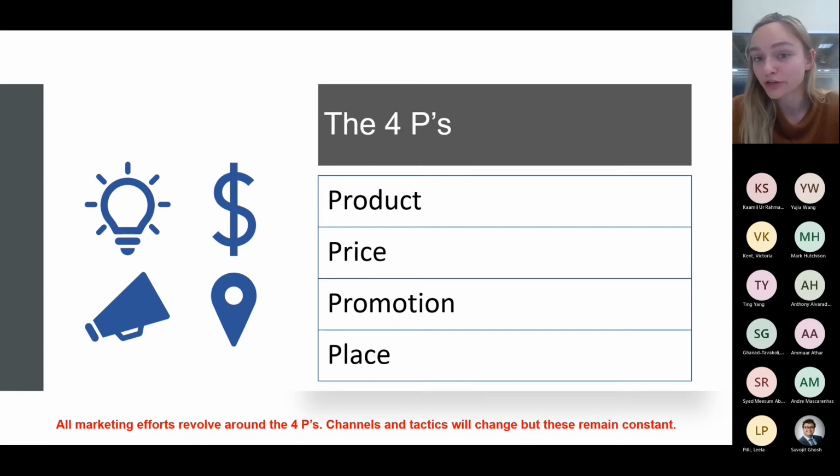Next is the promotion of your product. So this is where you get into what channels are being used to promote the product. So are you going with a completely digital strategy? Are you using some more traditional print channels? That's something that you have to decide, and I'll go into a little bit more about that in a second. So yeah, again, online, offline, are you going to do events, etc. And then as well, what's the message that you want to convey about your product or your service that you're offering? And how do you want that to come across? So you need to think about the